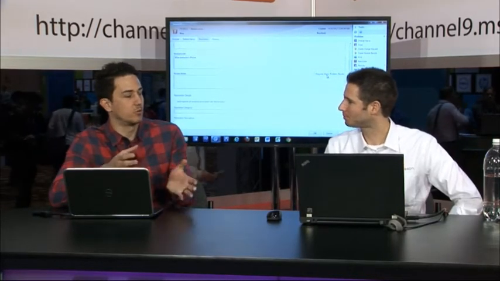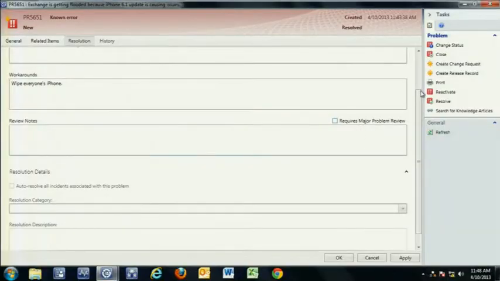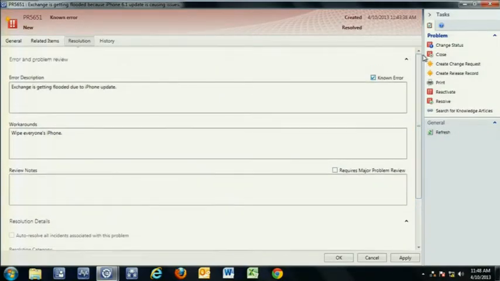We need to tick this off as a major problem and say, okay, when we review all of our problems, we want to identify those that are major and say, operationally, why is this happening in our business? Say we have a weekly meeting or a daily scrub of what's going on. We're going to flag that one to go through. And then at the end of the day, after you've categorized a problem and provided all the information around it,